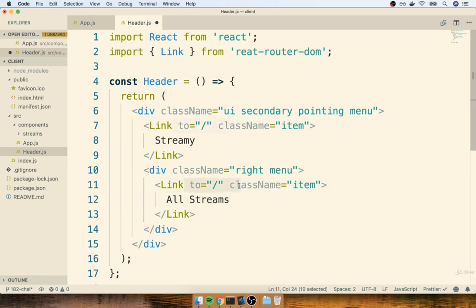Now you'll notice that we have two links inside the header that are going to take a user back to the root route. That is totally normal, nothing out of the ordinary about that. It's entirely likely that you would want to have a user able to click a header or the logo on the top left-hand side, and then also have a very clear link on the right-hand side as well. All right, so let's save this.